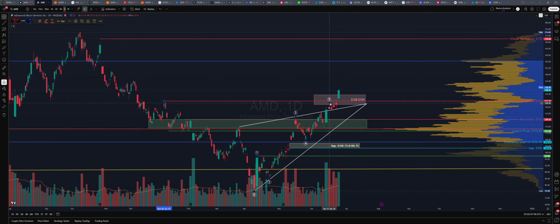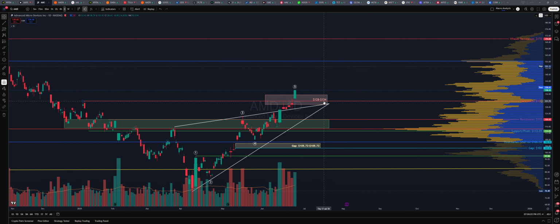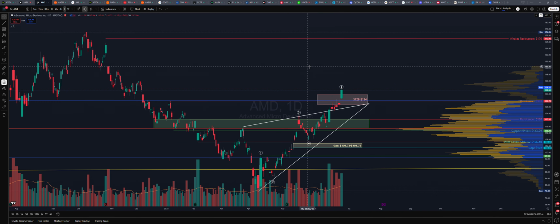Don't really want to see that happen because this could probably be a wave 5 as well. 1, 2, 3, 4, 5, and then you start selling off. So we'll see if that's a buyer's climax or if that's just a break and continuation to the upside. So again, you want to see that 134, 128 level hold, and your next level you're looking for in AMD is